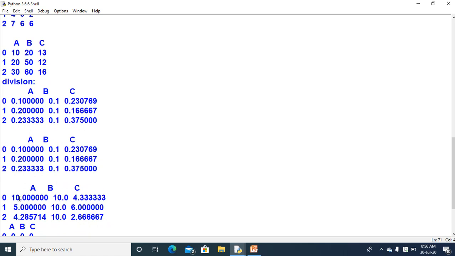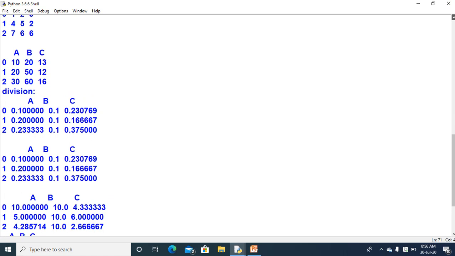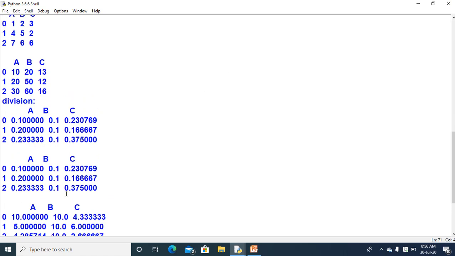But our reverse division will have a different result. So 10.0. Why is the output coming in point? Because this is the simple division. The quotient is there. When you divide 10 by 1, you will get the result as 10.0. Why is the point coming? Because simple division will return the quotient in the float data type. So 20 by 2 is 10, but the output is coming 10.0 because it is a simple division. This needs to be taken care of. 13 by 3 is 4.33 and so on.